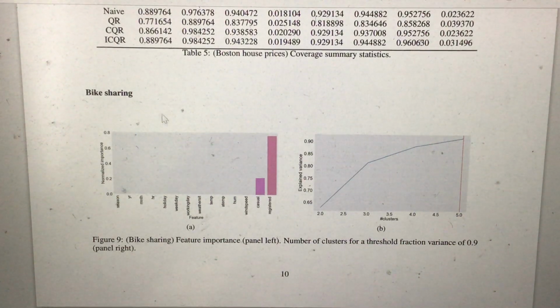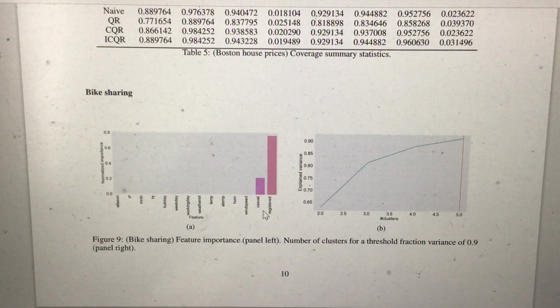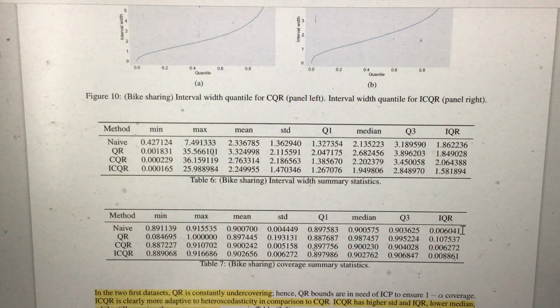The other data set is bike sharing. This is the feature importance. I think only these two have importance: one is 0.2, the other one is 0.8. And you have five clusters here. So I think these are oversized results, because the QR here